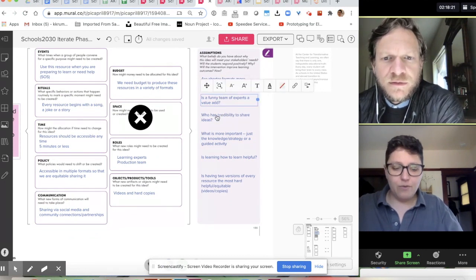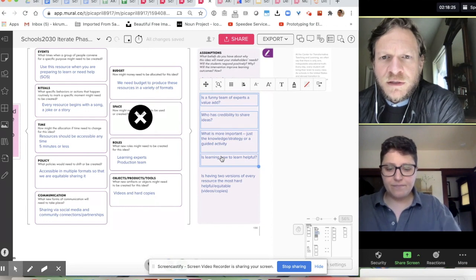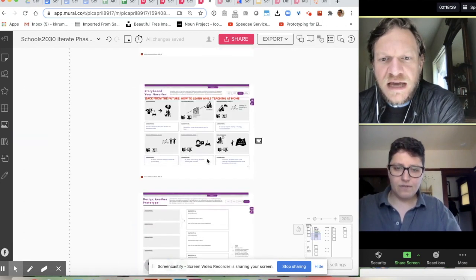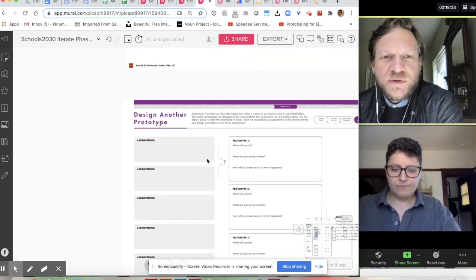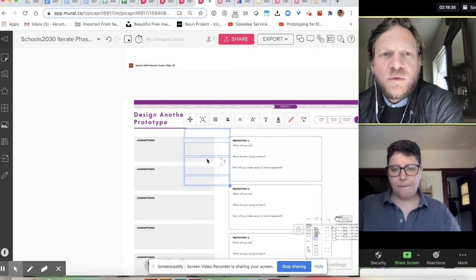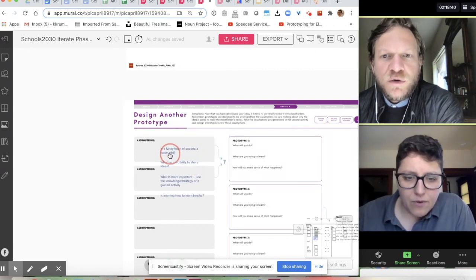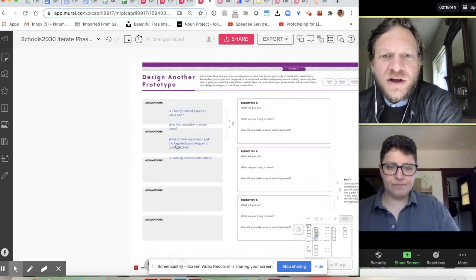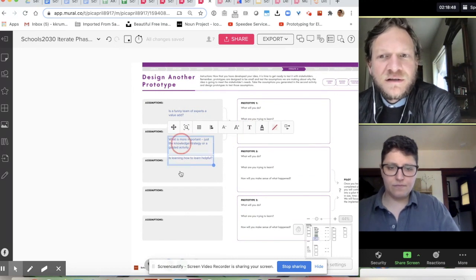Are there any that we're missing that we want to be sure to test? I am curious about length of time and format version, but I think we'll get those. In a way those are embedded in the ideas that we're developing. I think we're going to make the thing that we're going to make, and however long it is will be a reference point for what they think about it.